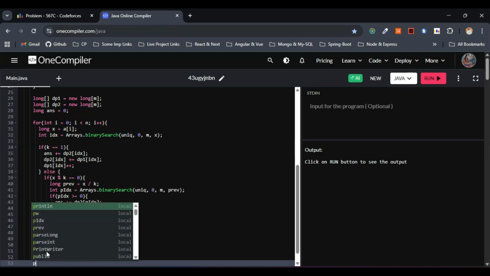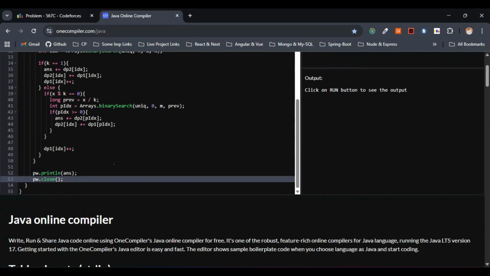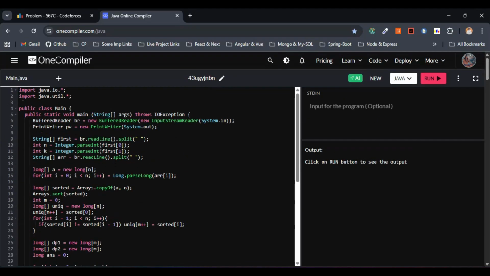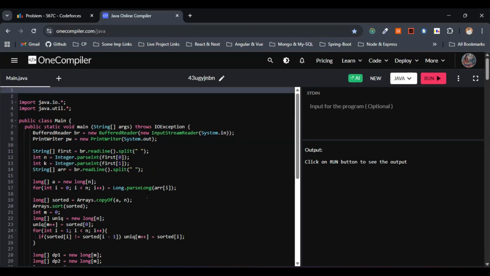So I'll just make use of the print writer variable pw. You can just make use of flush or close. So usually we make use of flush. For this particular problem I'll just go with the close. Either of them works, right? So this is fine. This is it for the code basically, right? So we are done with the coding part, right? So before checking the code with the different inputs, let's